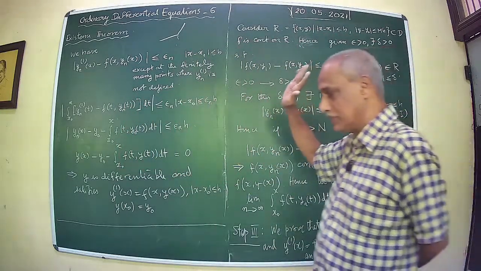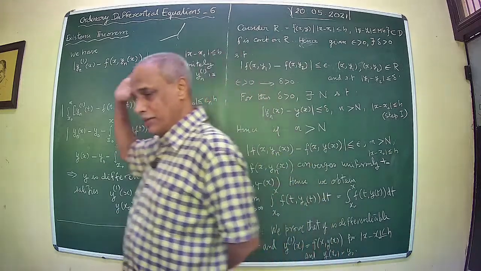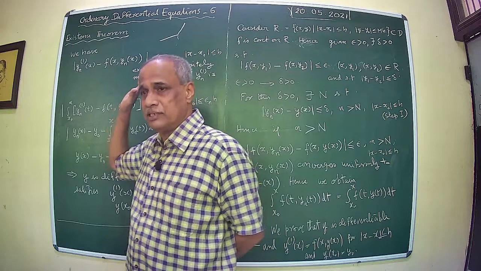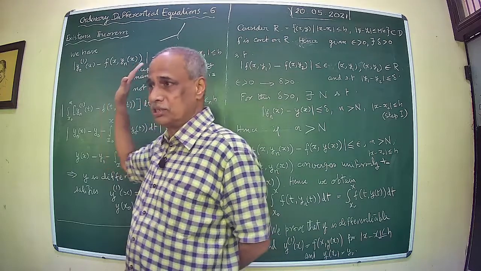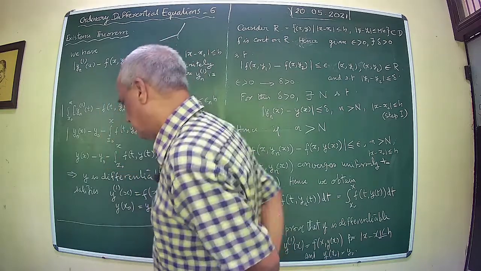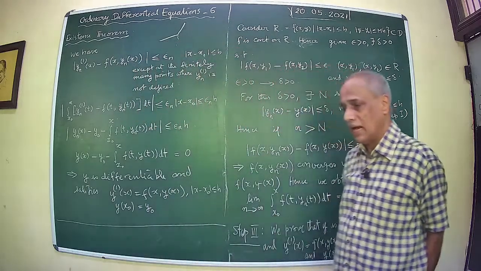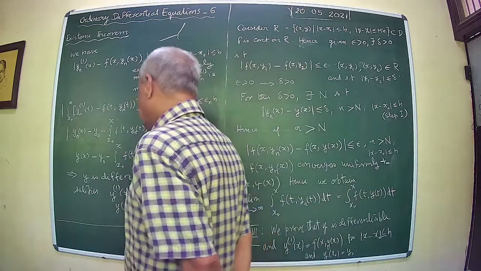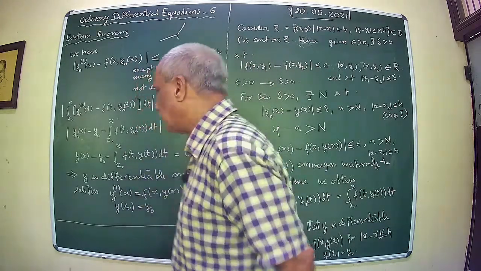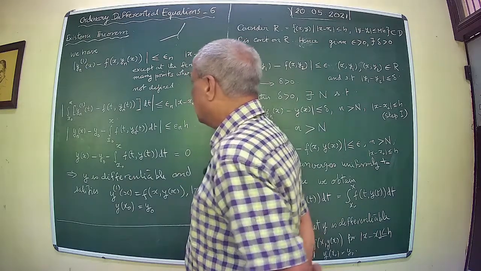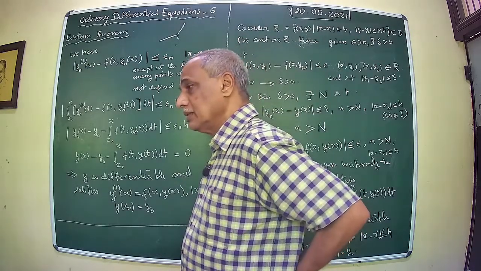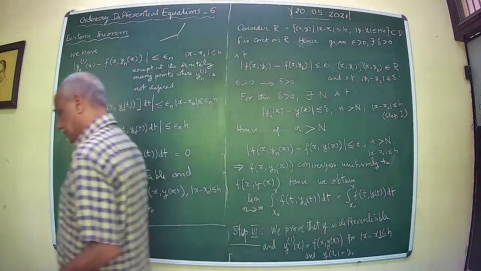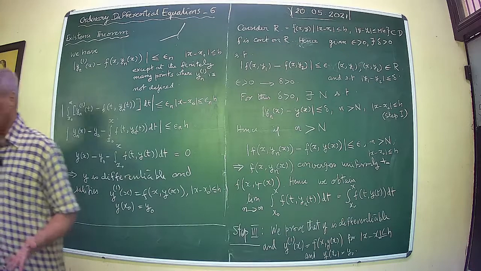Under some circumstances, you are going to be in trouble and you may not get uniqueness at all. But still, there exists a solution. In fact, the solutions are plenty. That is, there is more than one solution which satisfies the same initial data. So we prove that under the assumption f is continuous and not assuming the Lipschitz condition, you may have difficulty in getting the uniqueness of the solution, and existence of